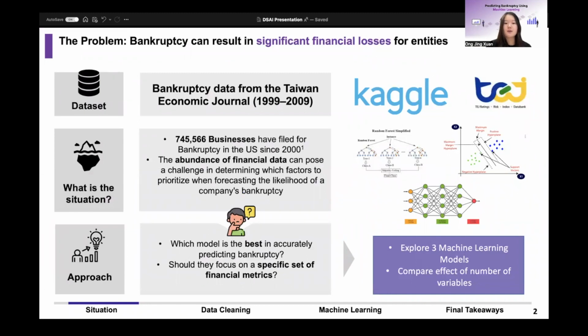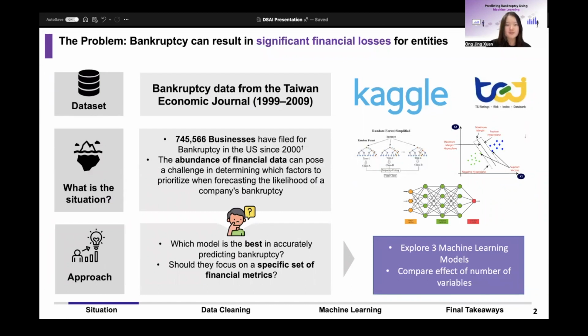Since 2000, more than 745,000 businesses have filed for bankruptcy in the US. Bankruptcy can result in significant financial losses for entities, and being able to predict bankruptcy can help entities pinpoint their problems and cut their losses. However, the abundance of financial data can pose a challenge in determining which factors to prioritize when forecasting the likelihood